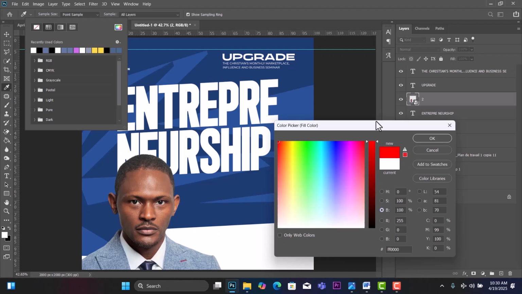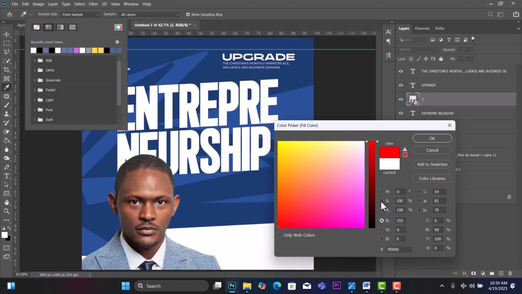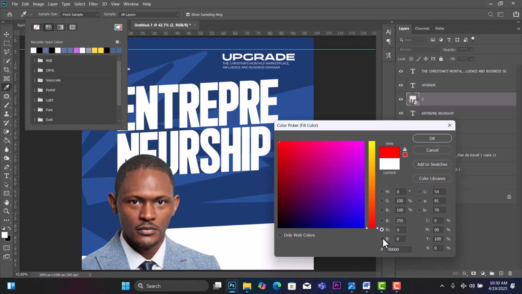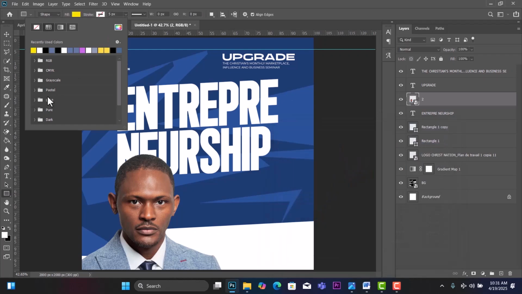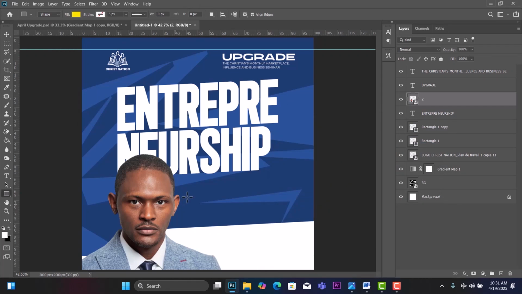Then this is red. If you want more red in the color, you can add it and you can reduce it. This is green and this stands for blue. So when I come to my saturation, I'll make it really saturated. I want the color to pop, so I'm going to come here and I'll pick this orangey color. I think this one, yeah, this is going to work perfectly for my design. So once I select that, I'm going to create the rectangle shape like this,